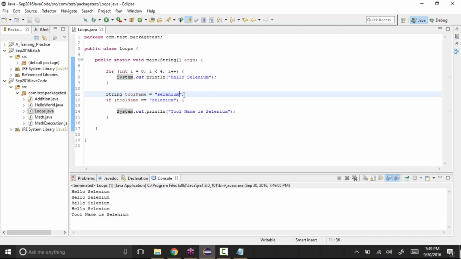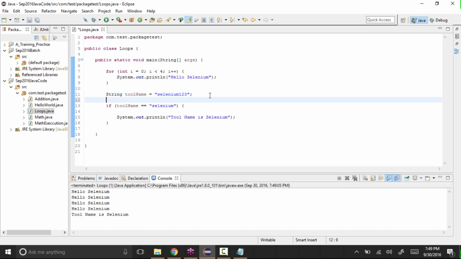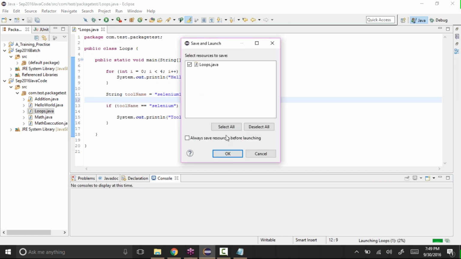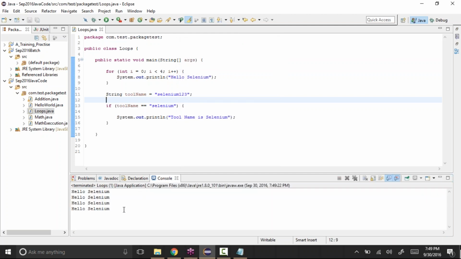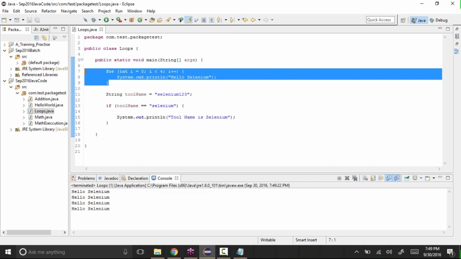In case I check something else, 123 Selenium 123, so now I change the value of that variable. Okay, see, run it. It's asking you to save, click OK. See, now it only gave this code. Okay, let me comment this line of code and run it.